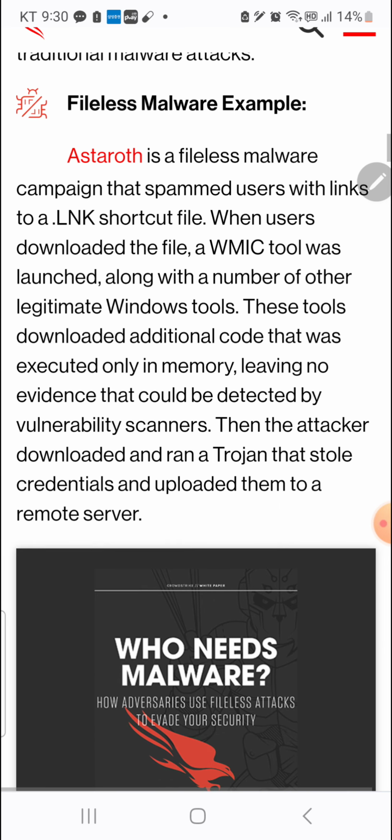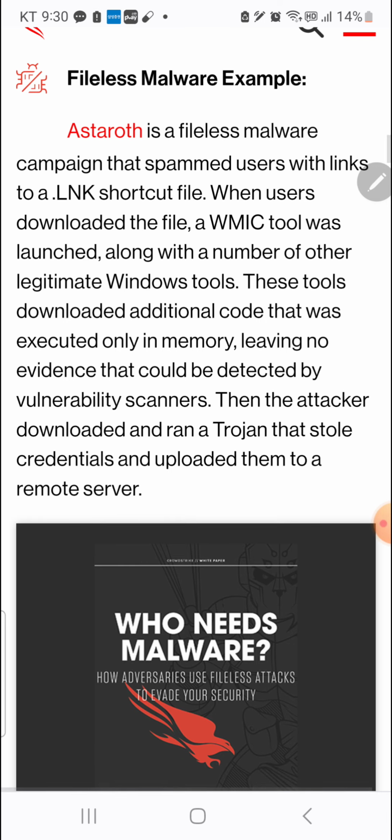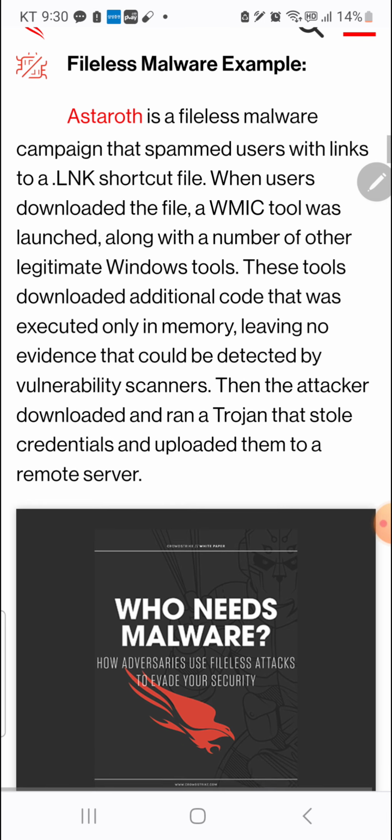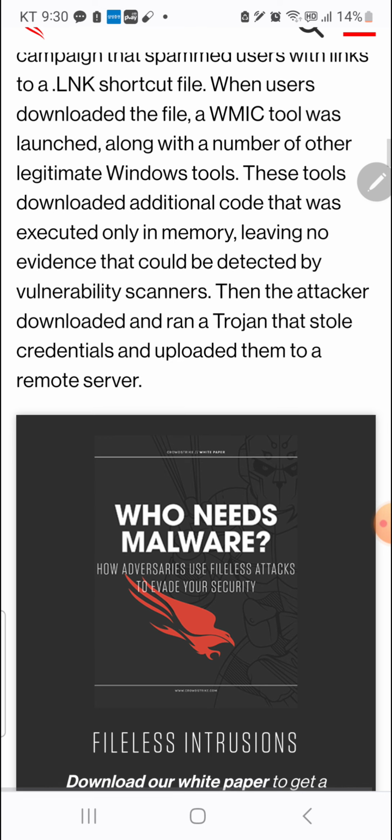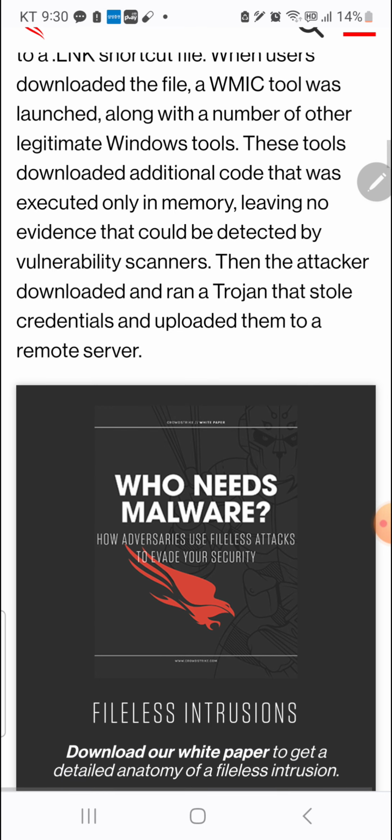These tools downloaded additional code that was executed only in memory, leaving no evidence that could be detected by vulnerability scanners. Then the attacker downloaded and ran a Trojan that stole credentials and uploaded them to a remote server.